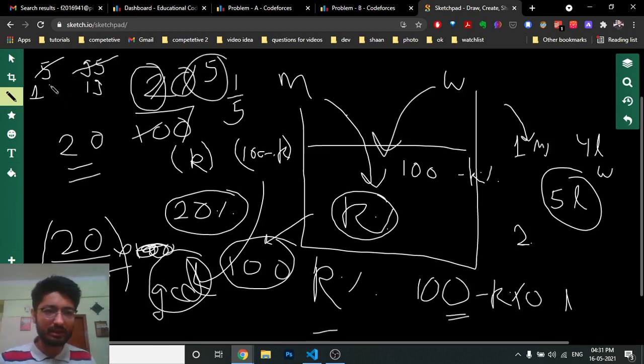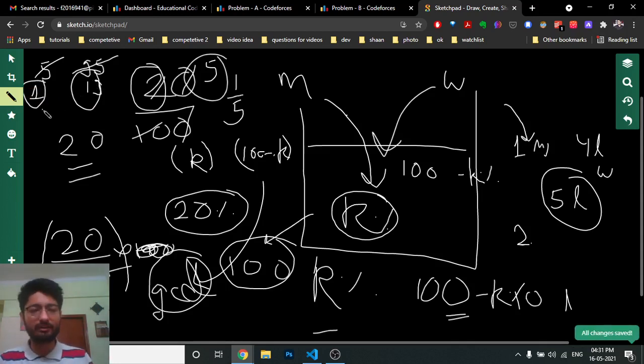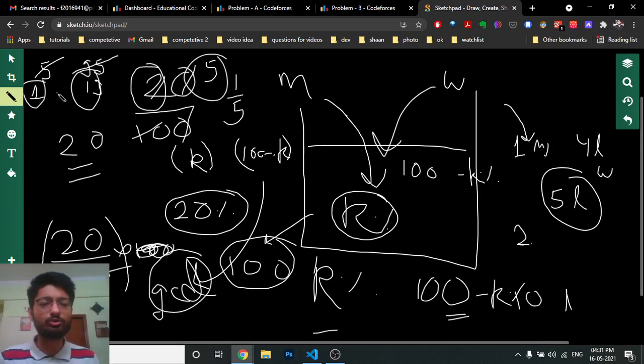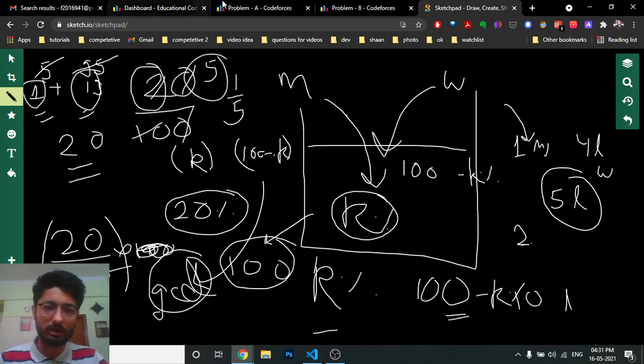So the numbers formed are the smallest numbers, and now you require one step to put in each liter. In one step you can put 1 liter of water, or in one step you can put 1 liter of magic essence. Thus the total number of steps you'll require is the addition of both of these values, because one number is the steps required to put in the magic essence, and the other is the steps required to put in the water. That's the total number of operations to make this percentage in the solution, and that's the whole solution for this problem.